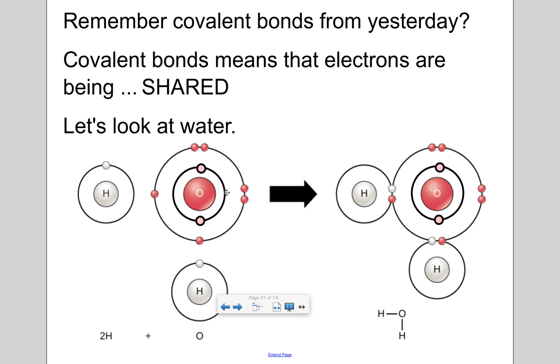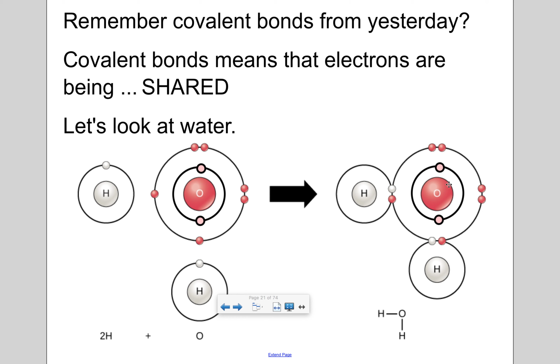But if we look at water here, hydrogen's got 1 proton, 1 electron. Oxygen has 8. So I have 1, 2, 3, 4, 5, 6, 7, 8. So there are 2 open spots in oxygen. So it needs 2 more electrons. And hydrogen's like, well, we got 1. Let's share. So they're going to share these electrons, okay, and form this